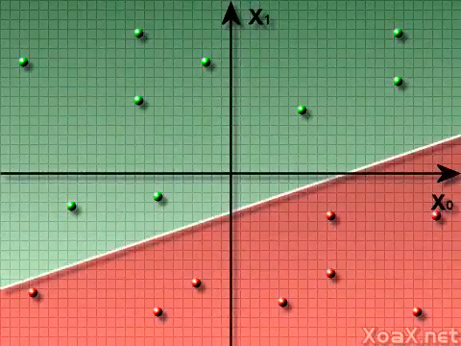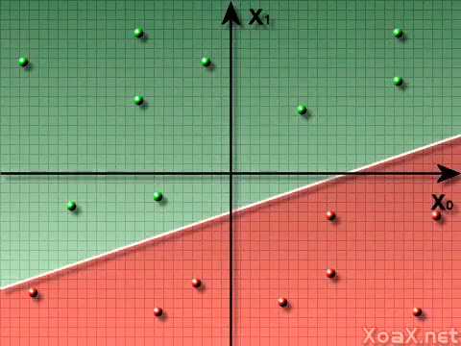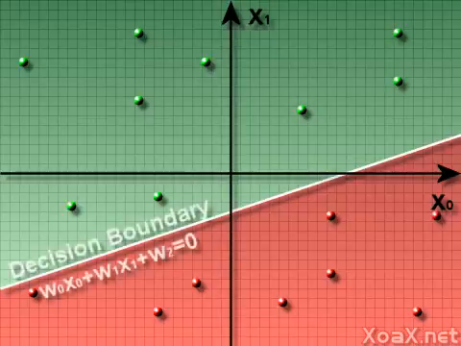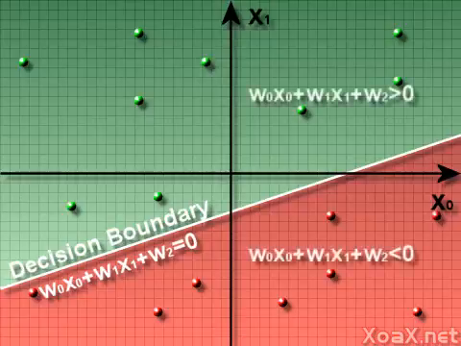The linear boundary is then used as a generalized classifier, with one side of the line defining points from one class, the green region, and the other side defining points from the other class, the red region. The line separating the regions into classes is called the decision boundary. The zero set of a linear equation defines the decision boundary. The region where the linear equation is greater than 0 is one class, and where it is less than 0